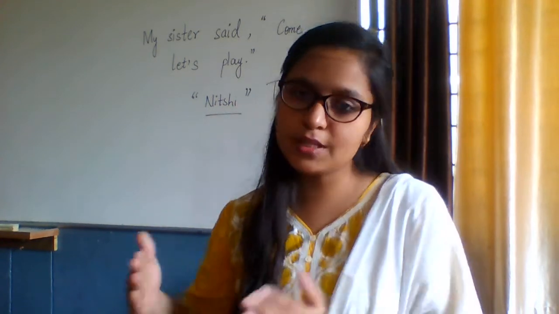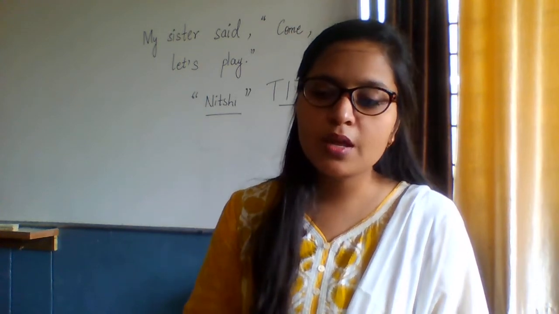Okay, once you have written all the observation pointers, then you're going to frame them into particular words, that means into sentences. Okay, so you have to frame sentences. Alright, so we were discussing picture composition. Once you observe the image, then you write the pointers, and then you frame them into a paragraph and sentences. Okay, the next thing that you should keep in mind is a suitable title for the picture. For example, in this picture composition, the title can be My English Teacher. Okay, it can be this title.